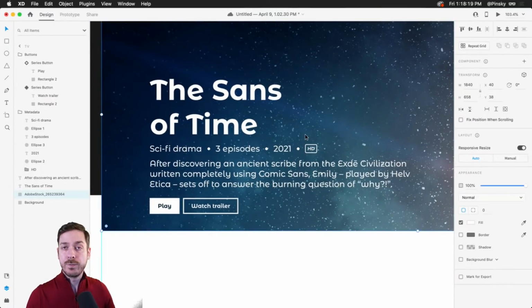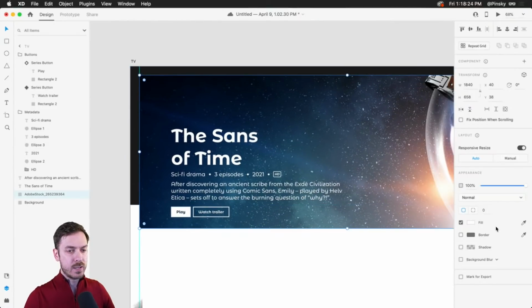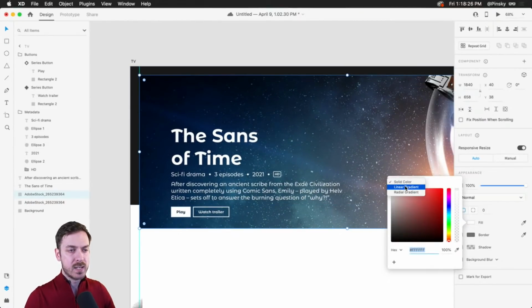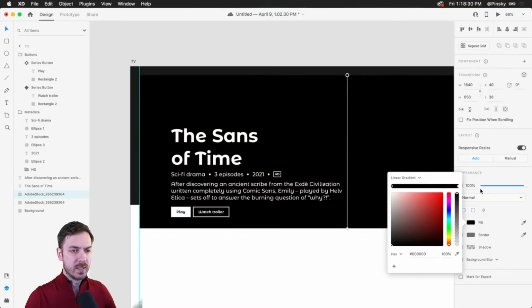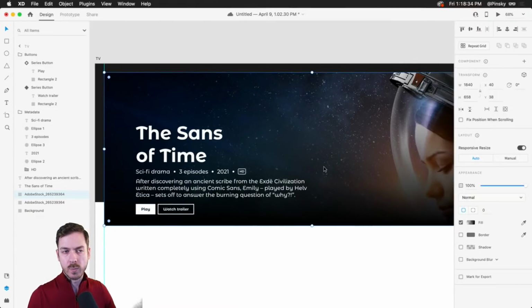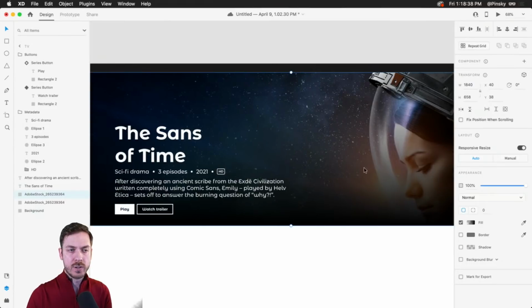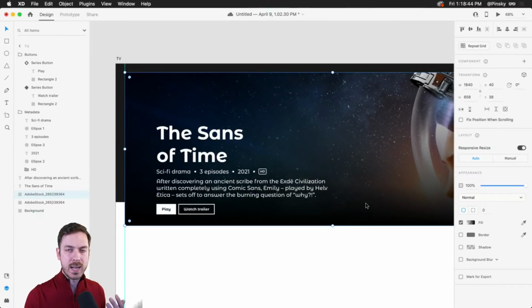So what I'm going to do, there's a few ways to do this. One way we can do this is, we can duplicate this shape, or you can create a new rectangle. You can add a linear gradient, something like this, and drop the opacity. So that's one way you can do it. But of course, because we have this astronaut over to the right, and that gradient is at the bottom, it's kind of darkening her as well, and we can't really see her.